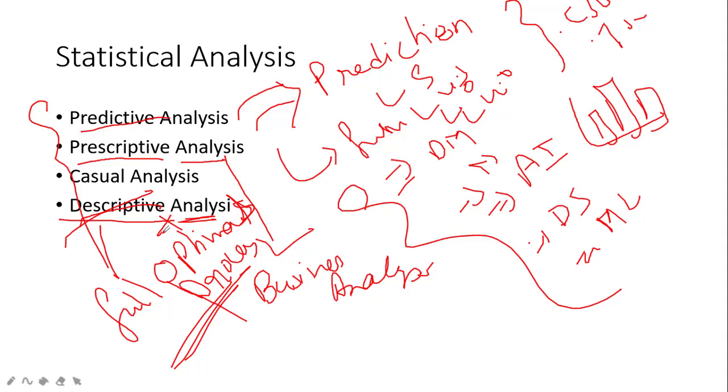When you get those particular things, we call it descriptive analysis, because in descriptive analysis we go through all the small concepts, where you will be learning how the small concepts are used in the real world, or how small words can be explained in the way of writing. So these are the 4 types of analysis in statistics. There are a lot of types. You can go ahead with the different types of analysis.